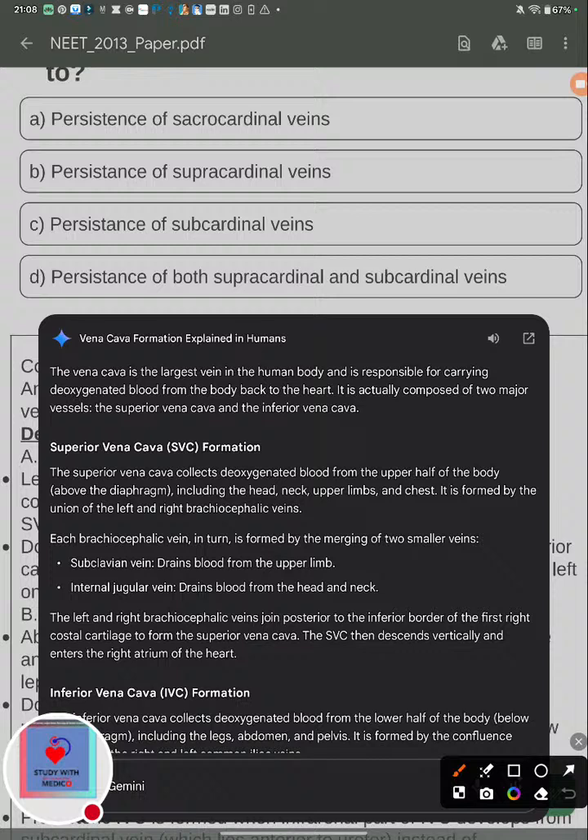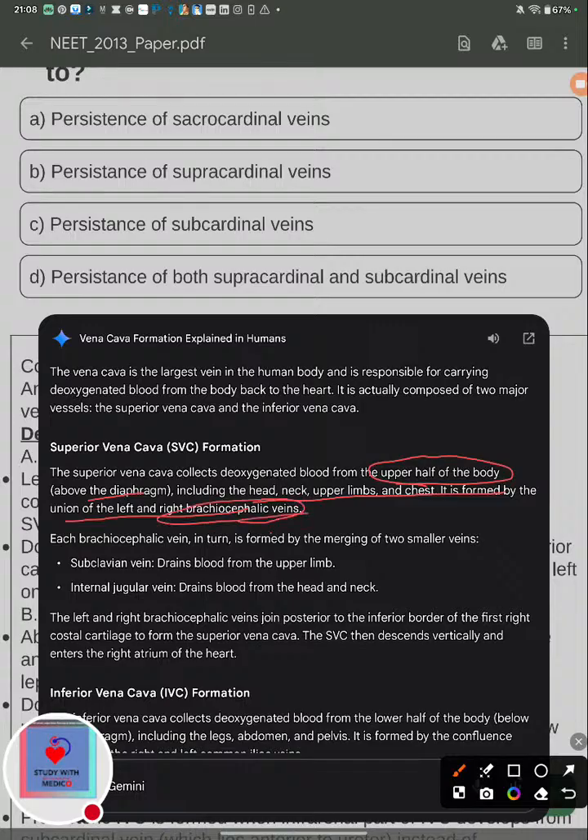The superior vena cava collects deoxygenated blood from the upper half of the body above the diaphragm, including the head, neck, upper limb and chest. It is formed by the union of the left and right brachiocephalic veins. Each brachiocephalic vein in turn is formed by the merging of two smaller veins. The subclavian vein drains blood from the upper limb, and the internal jugular drains the head and neck. Together they join and form